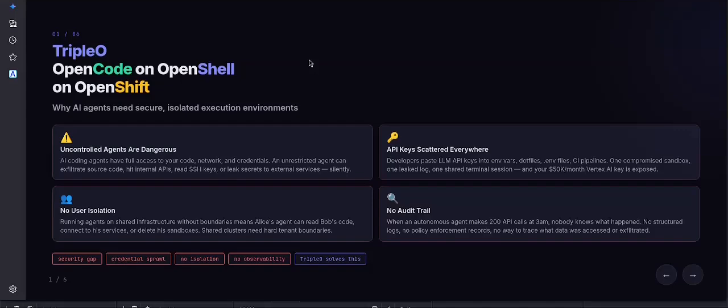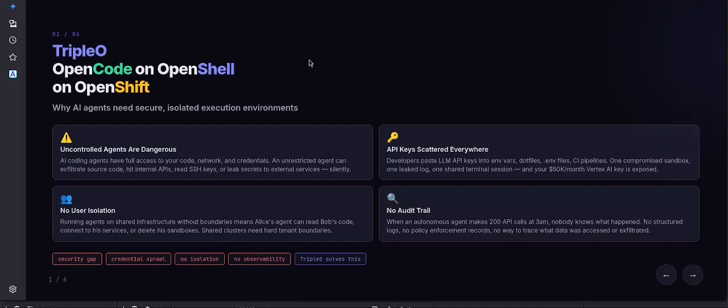Second problem is access and revealing API keys or any credentials that allow the AI agent to access LLM APIs. There are various prompt injections that can actually reveal these API keys and send them to compromised internet sites. One problem with running multiple AI agents on infrastructure like Openshift, Kubernetes, and shared infrastructure is isolation between various agents. We don't want one agent to get access to another agent's code.